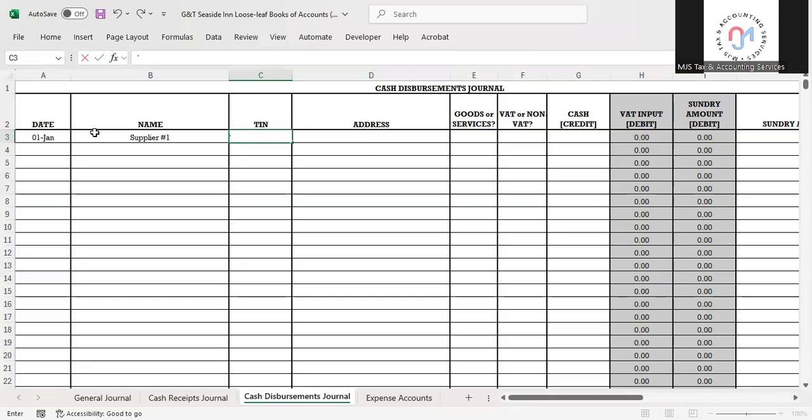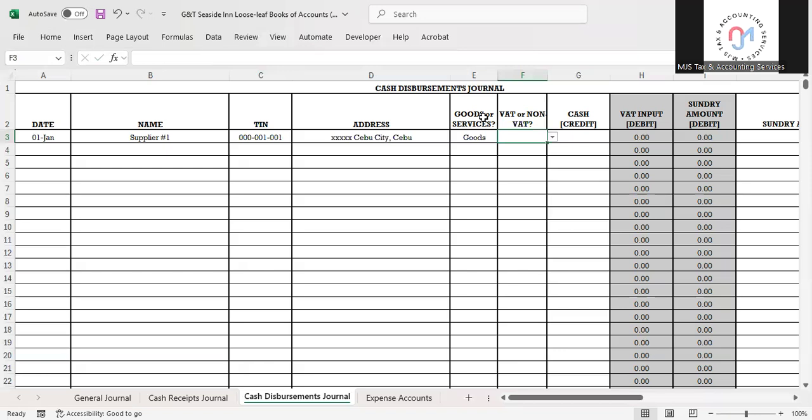So let's say the TIN is 001. And then you also indicate the address, whatever that address is. Let's say Cebu City. And then let's assume this is for the payment of goods, right? It's very much simple.